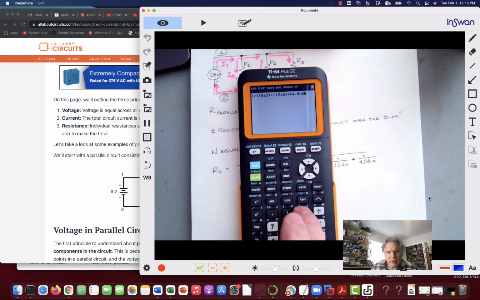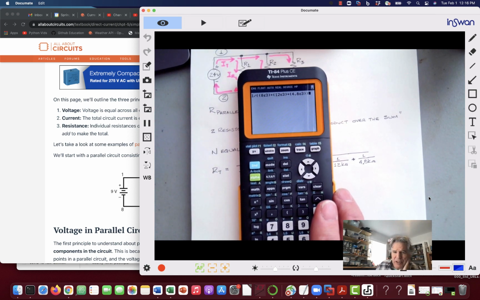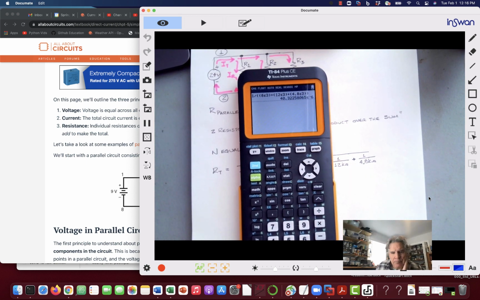So I end that one, and then I end the entire denominator. I'll leave that there for a second in case you want to copy it down. So 8e3 means 8 times 10 to the third. 12e3 means 12 times 10 to the third, and 4.8e3 means 4.8 times 10 to the third. So I hit enter,